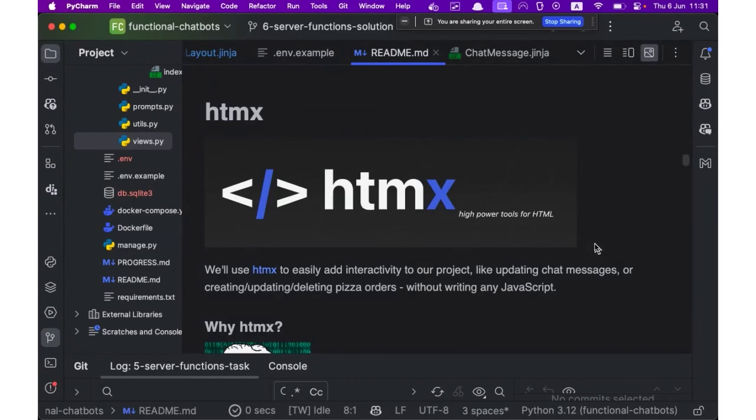So those of you that don't know about HTMX, do you not know anything about HTMX? Should I try to explain it in like 1 minute? I think I can. Yes? Okay, so basically, normally without HTMX, let's say we have a typical Django project and we use a Django templating